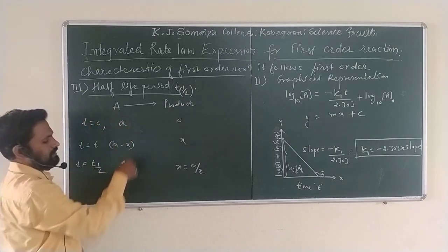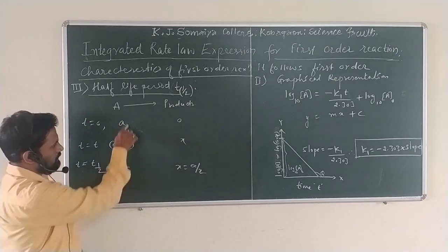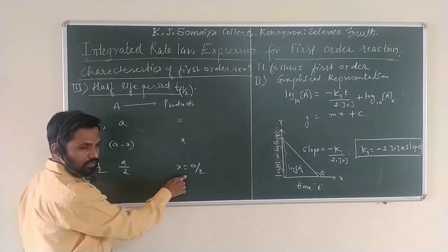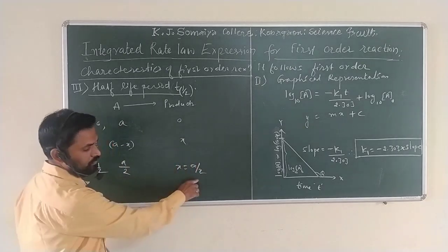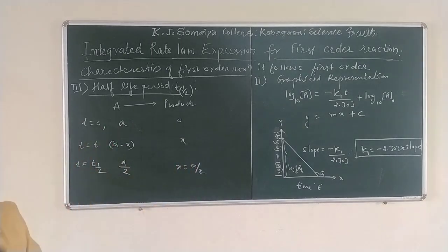When will it be 50? When it is half, that is half of its initial concentration, A by 2. Now what will the product be? Here concentration 50 means the product is also 50. Therefore X equals A by 2. So here what we have to do is